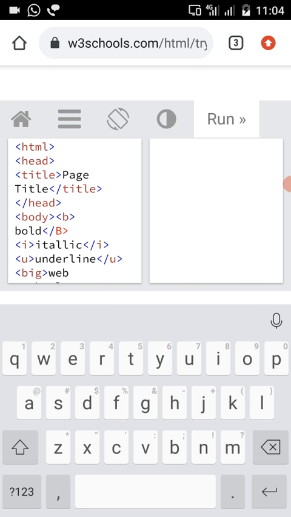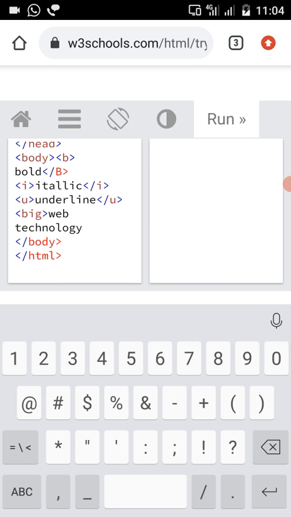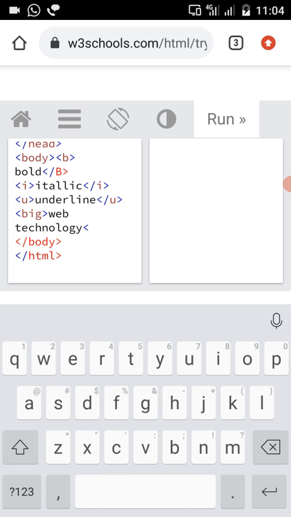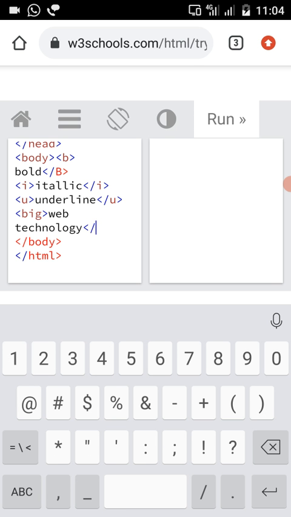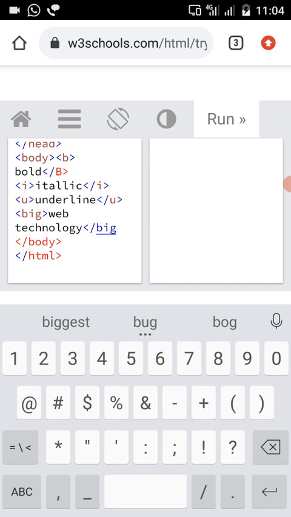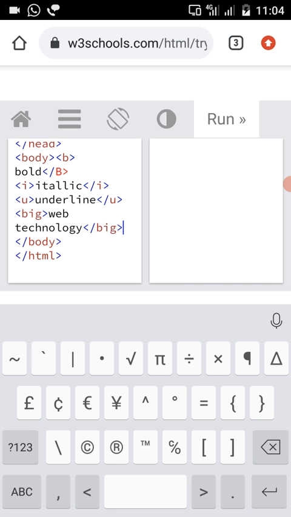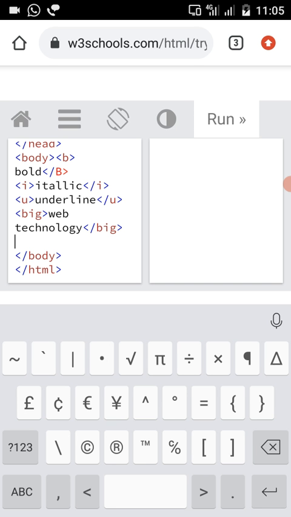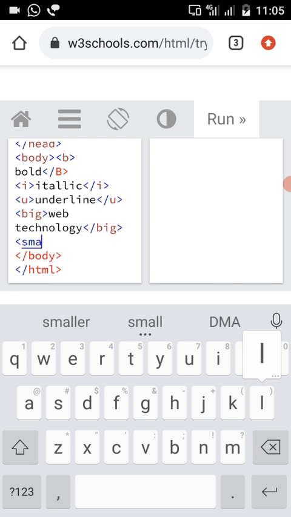This web technologies should be represented somewhat bigger than all the other text which we have written in this program. Here the big tag is also a paired tag, that's why I'm using the closing tag too. Here a paired tag is nothing but a tag which has an opening tag as well as a closing tag.